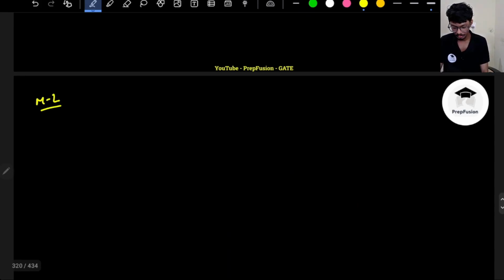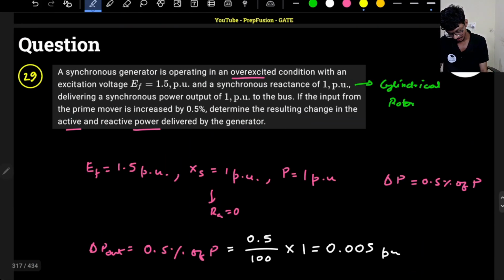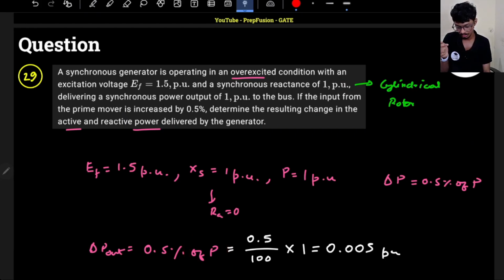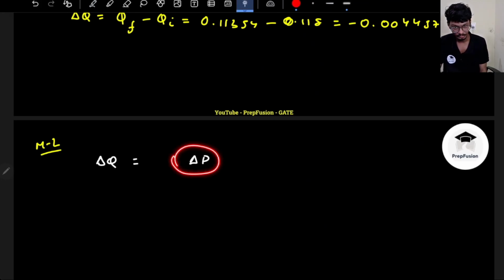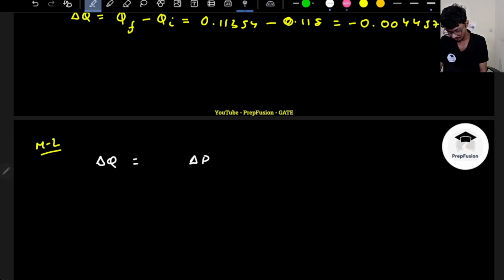Method 2. Because I know what is a change in power. If I somehow am able to find out this relation, basically delta Q, because I have to find out the change in delta Q with respect to change in power, right? If there is a sudden change in the active power, then how much change will there be in the reactive power. That is my purpose. So if I'm able to find out this relation, some constant x, okay,